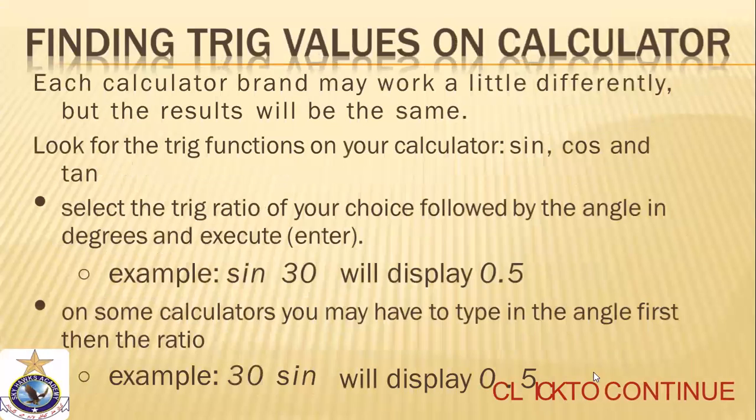Anyhow, finding the trigonometric values on calculator. Each calculator brand may work a little differently, but results will be the same. Look for trig functions on your calculator: sin, cosine, and tangent. Select the trig ratio of your choice, followed by the angle in degrees, and execute. Enter. Example: sin 30 will display 0.5. On some calculators, you may have to type in the angle first, then the ratio. Example: 30 sin will display